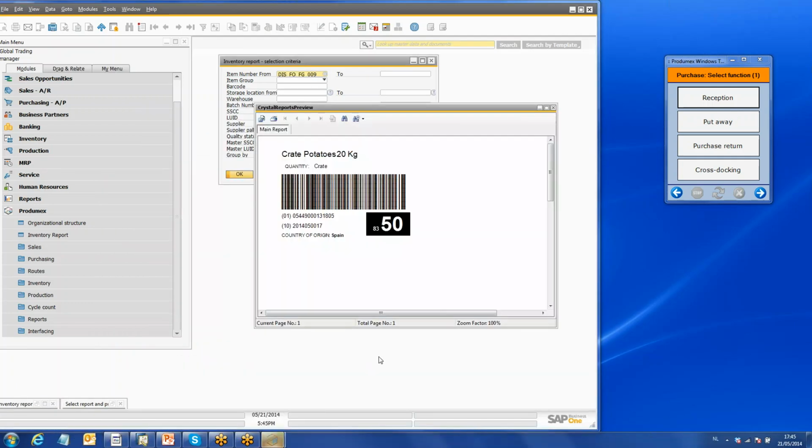Okay, so here it is. Here you see the crate label that is defined. It is just one of the possibilities. And what you see on this crate is that it has